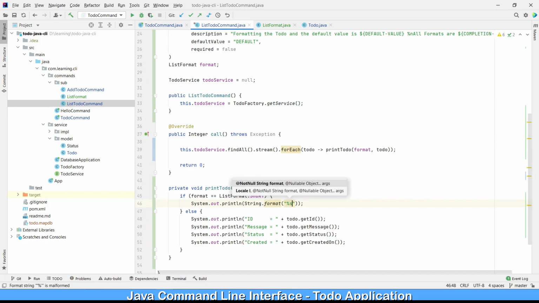percentage s d for the ID, and I'm going to give a space and then one for the status. For the status, I'm going to show a string, then a space, and after that I would like to show created on, which is a date. And after that I would like to show the entire message. So let's pass on. This first one is ID,